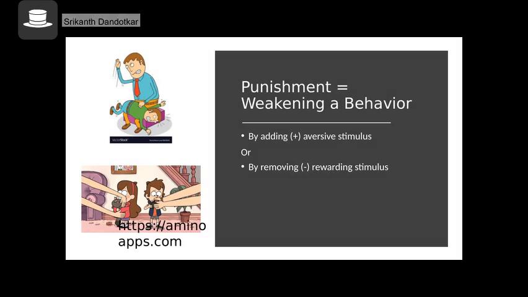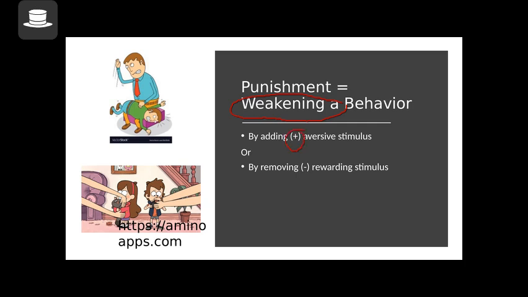Contrary to reinforcement, punishment is weakening of a behavior. One suggestion I give my students is to think of punishment not as the act of punishing, but as weakening a behavior itself. In that sense, there are two types of punishment: positive punishment